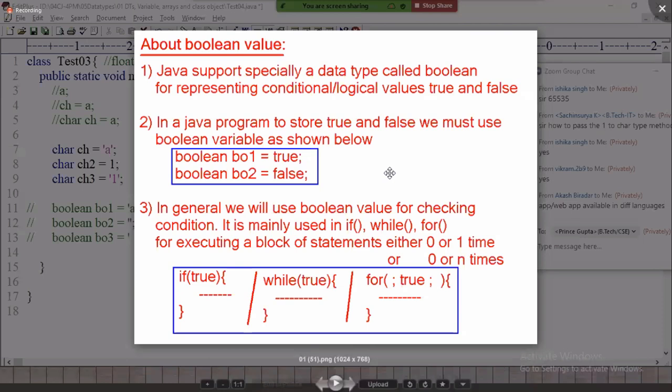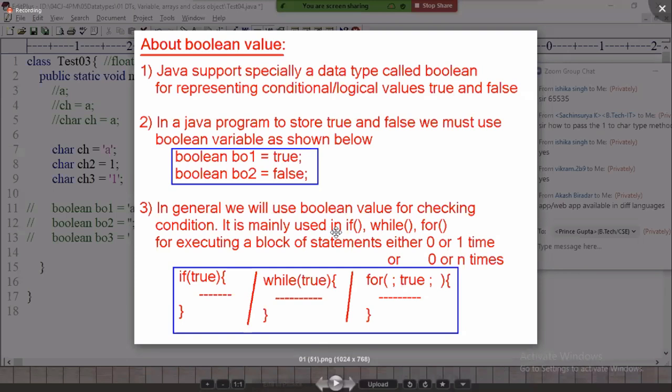If the given value is right, execute this block of logic. If the given value is wrong, execute another block of logic. To decide which block of statements must execute, and how many times to execute, we need a Boolean value. In general, we use Boolean values for checking conditions.